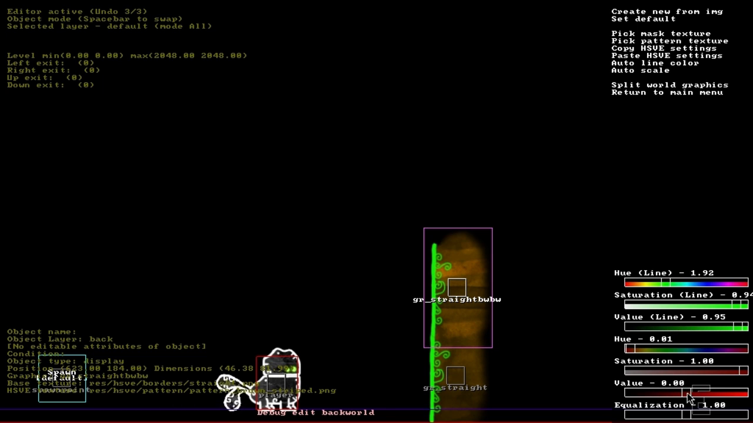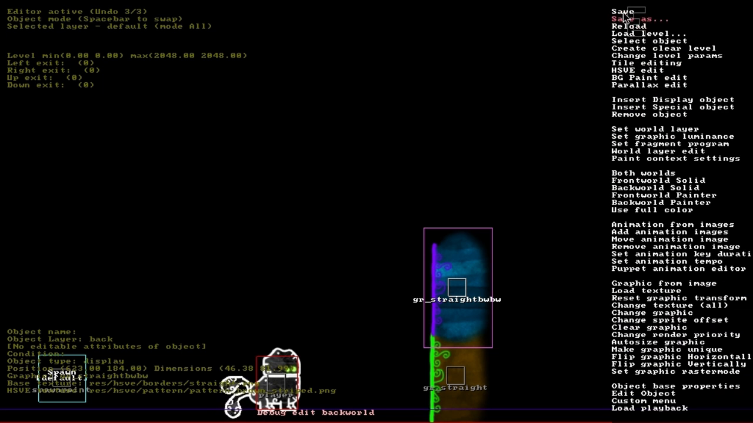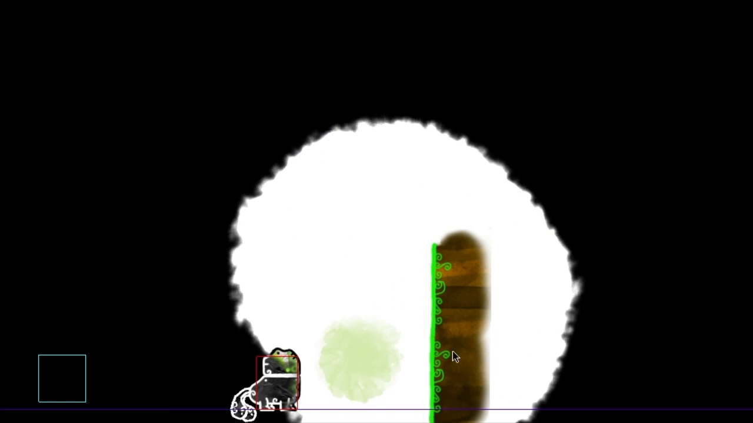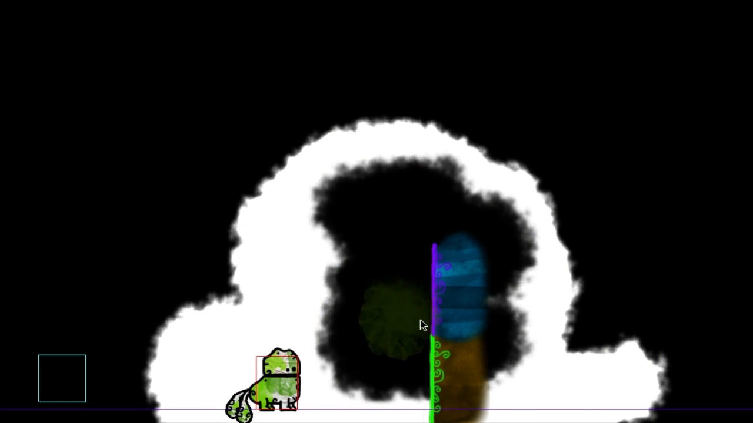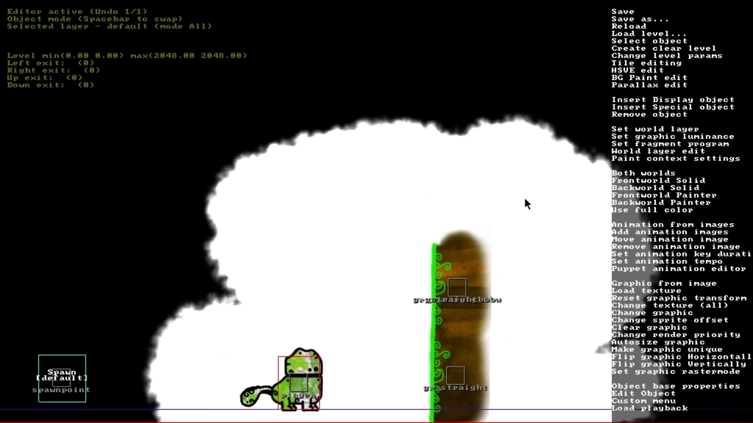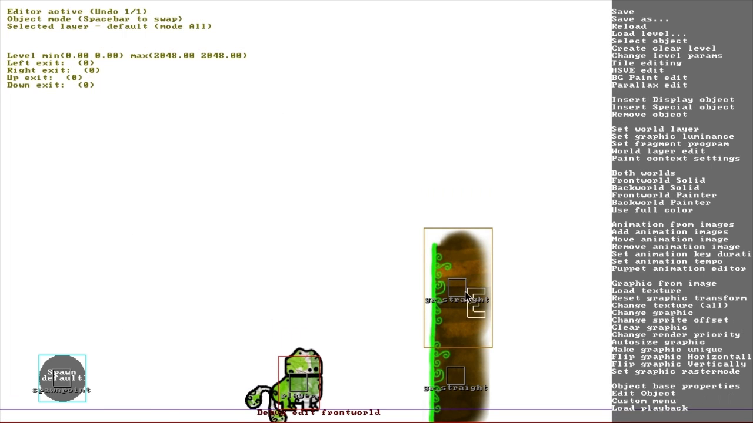Then we can change the color of that outline. For example, have a purple outline for that, like that, or whatever, and we can change that stuff as well, like that. Okay, so now if I go into the game, you can see that it has a different look in front world and back world, like that. And also when you're editing stuff, if I'm in front world mode, I will